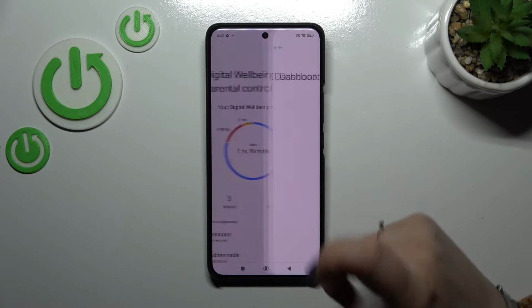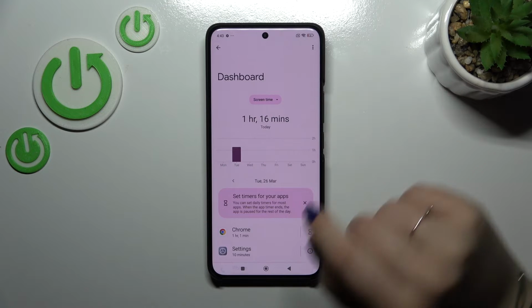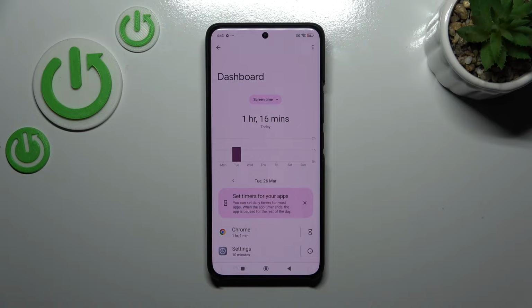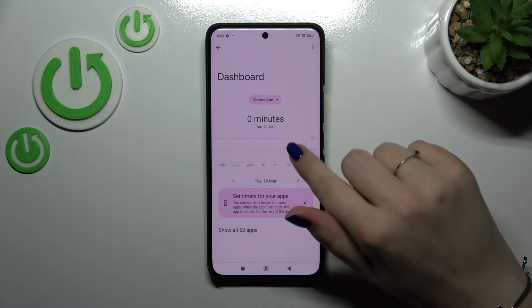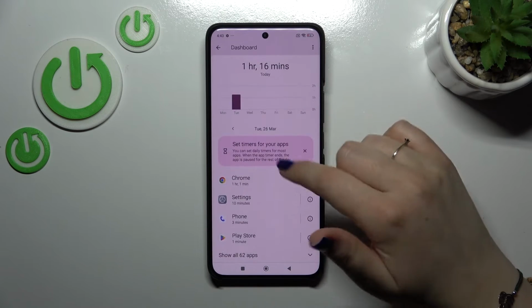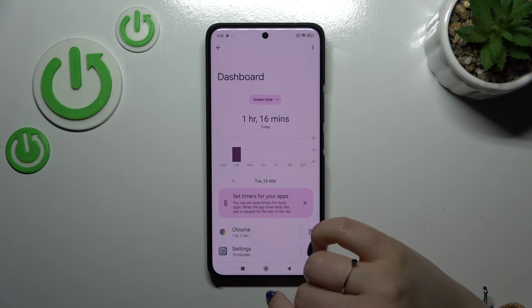You can either tap inside the graph, and you will be transferred to this dashboard that will show you the information for how long you've been using the device in particular days of the week. You can compare them then, and you'll see the time you've spent on specific